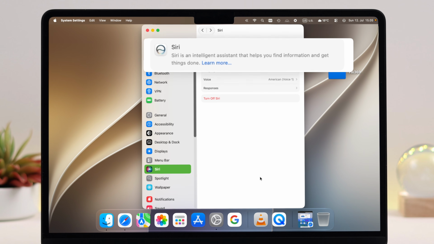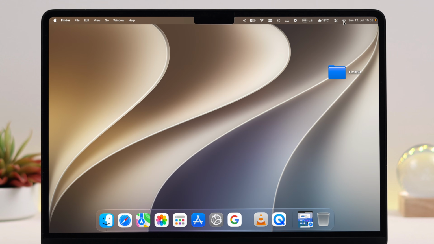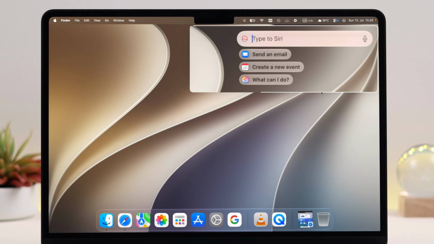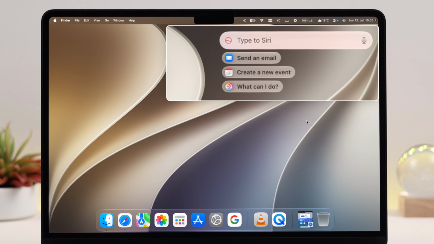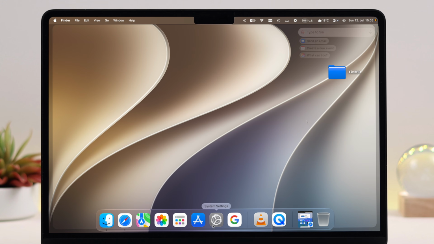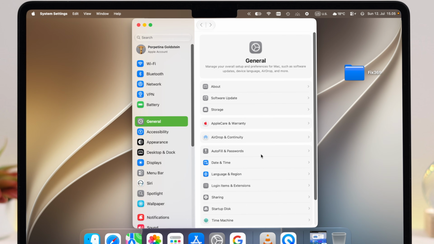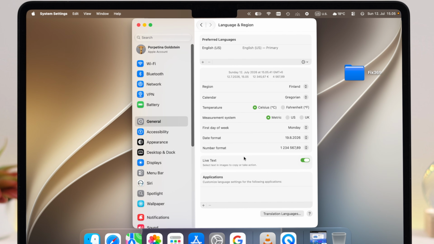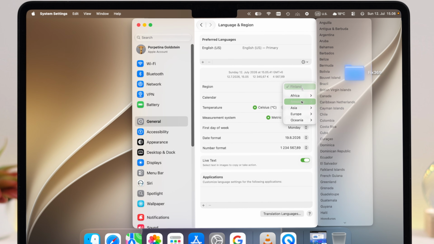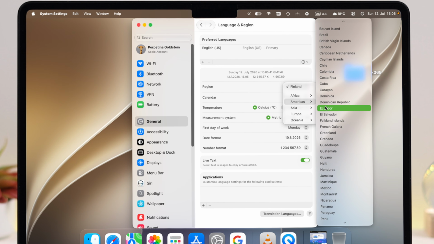And as you can see, my Siri icon has now changed. However, if the old Siri is still opening instead of the new one, there is one more setting to check. So I'm going to go back to Settings on your Mac, and from the General tab, go to Language and Region. And here you're going to make sure your region is set to one where the new Siri is